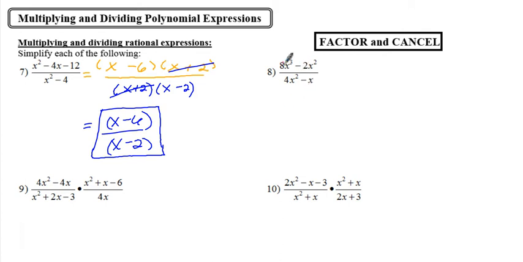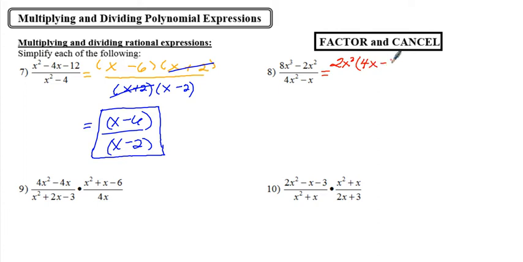So let's take a look at number 8 here. The factorization of this actually depends on a GCF this time. Remember, we should always be looking for a GCF first. So the GCF here, the greatest common factor that we can find here, is 2x squared. And we will leave behind